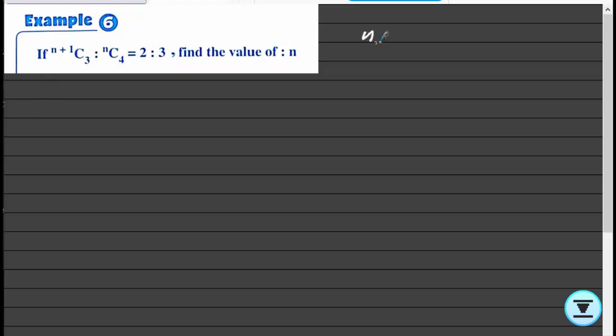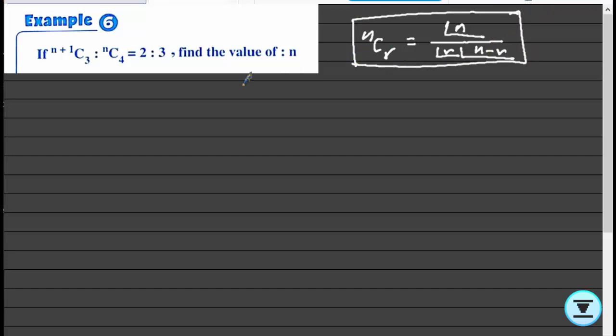We know that nCr equals factorial n over factorial r multiplied by factorial (n minus r). It is a rule here, so we'll use this rule to solve this problem. Now we have